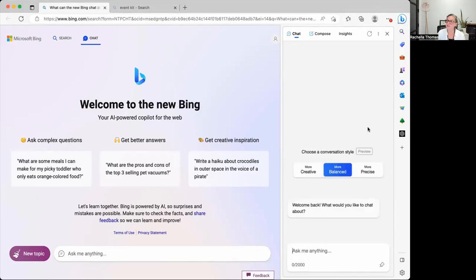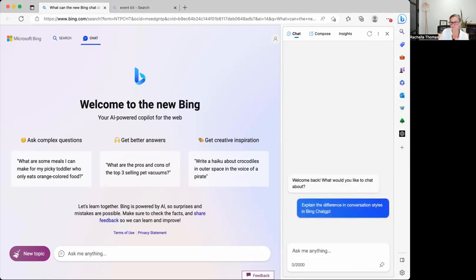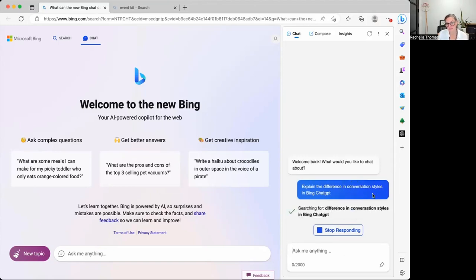It has 3 different styles of asking ChatGPT questions. It has a more creative, a more balanced, and a more precise response. Now, I didn't really know what that meant. So I said, explain the difference in conversation styles with ChatGPT. And it explains